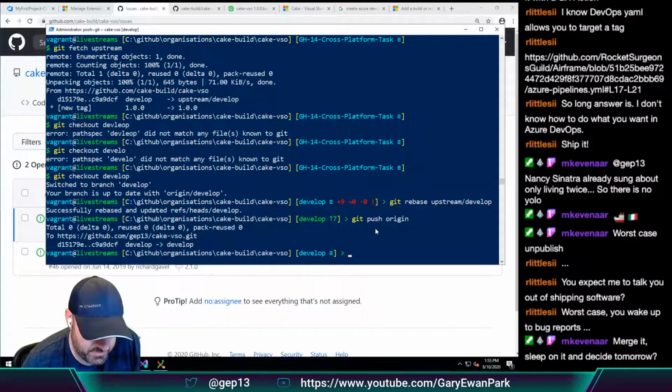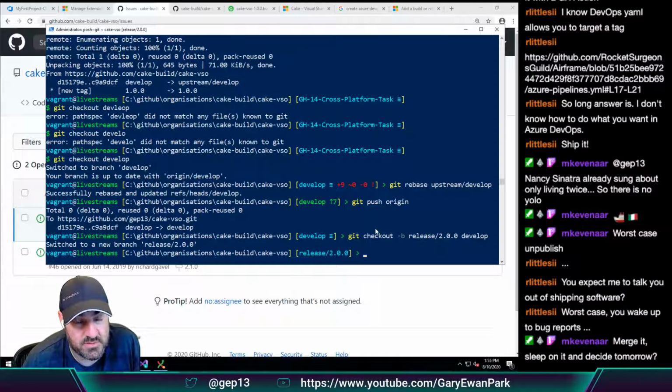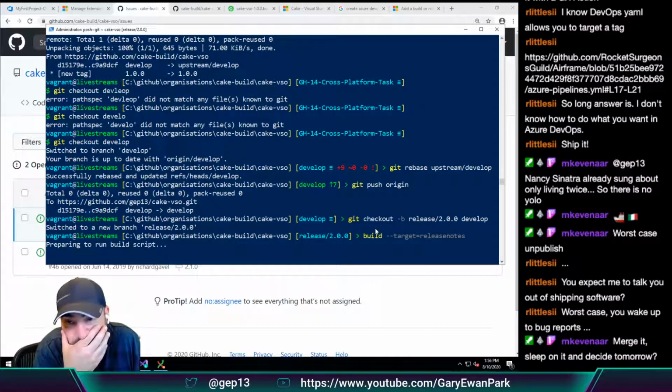So git checkout -b release 2.00 from develop, and if we do build target equals release notes,